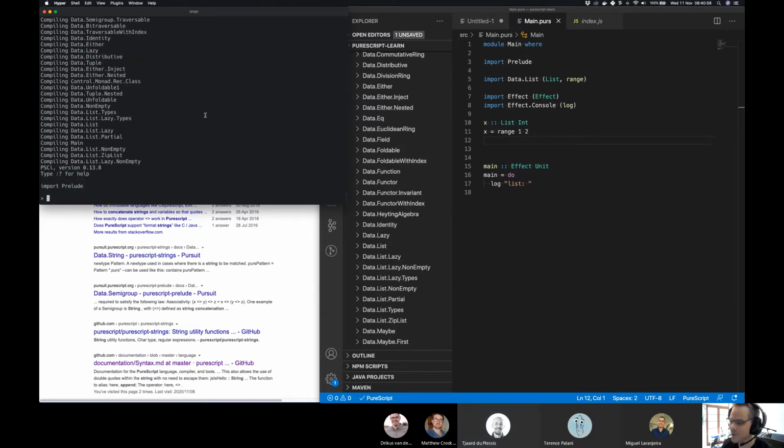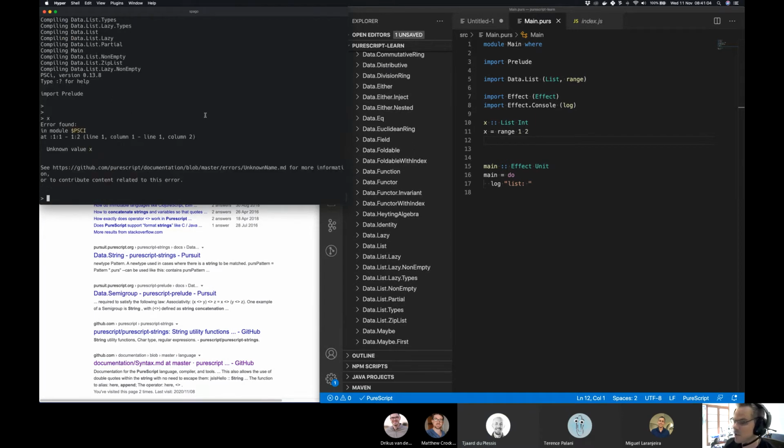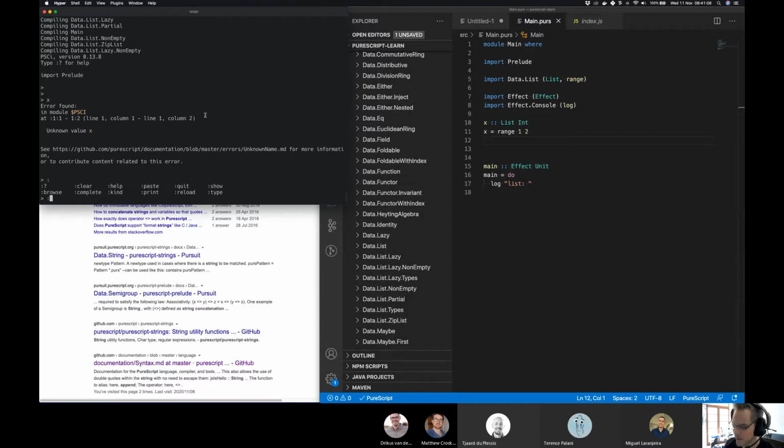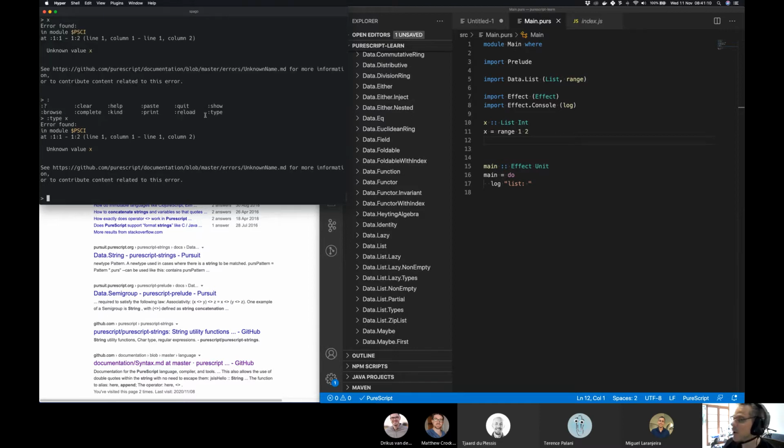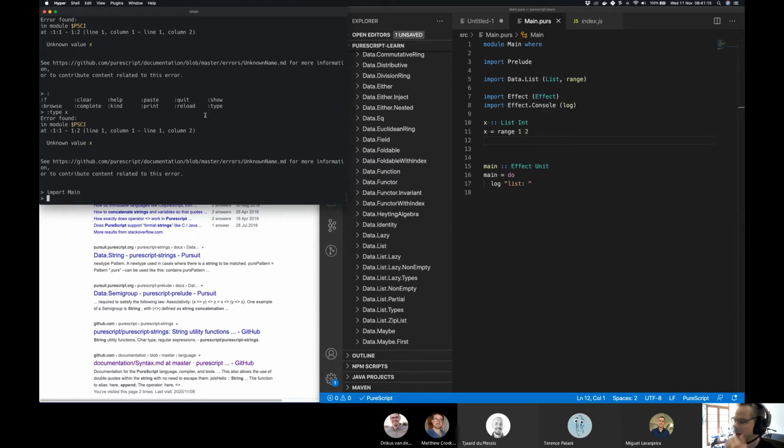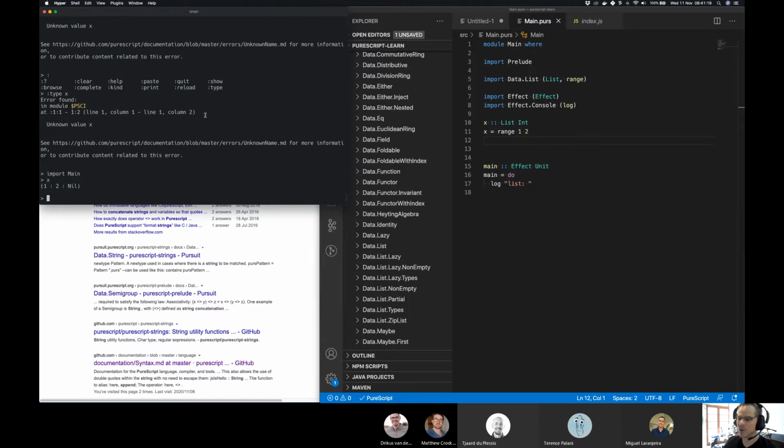So let's see if we can do this in the REPL, because then we can talk about stuff. I saw that we can REPL. So can I print X here? Doesn't know what X is. I did see that you can go colon and you can tab stuff. Type of X. Oh, you know what? We probably need to import main. Yes. Okay. And now can we say X? Yes. Oh, cool. Okay.